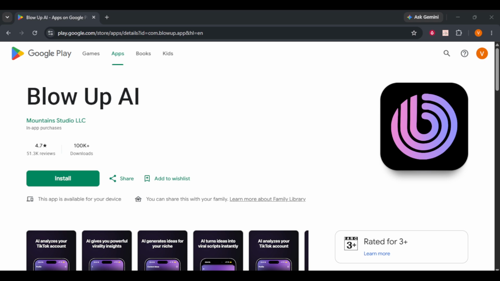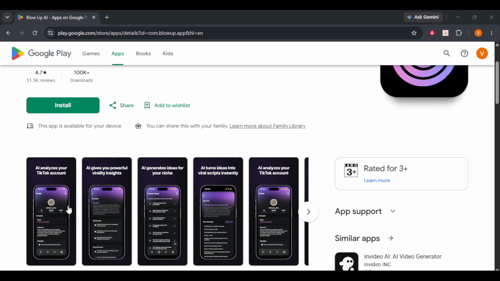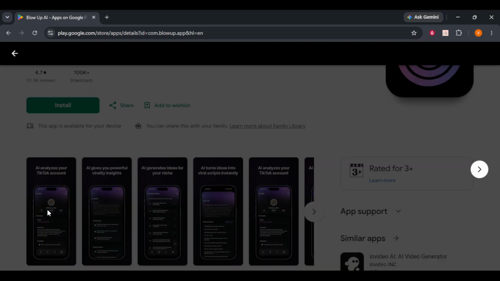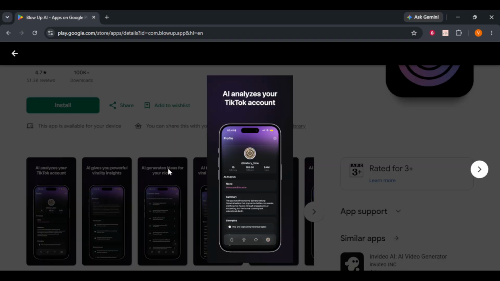In this video, I will show you exactly how to master the blow-up AI app to transform your low-resolution photos into stunning high-definition masterpieces. If you have ever taken a picture that looked a bit blurry or pixelated, you know how frustrating it can be to try and save that memory. This powerful application uses advanced artificial intelligence to add missing pixels and sharpen edges without making the image look fake